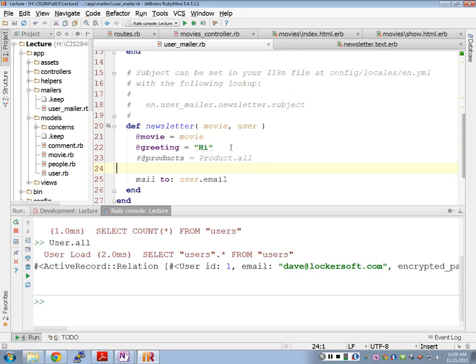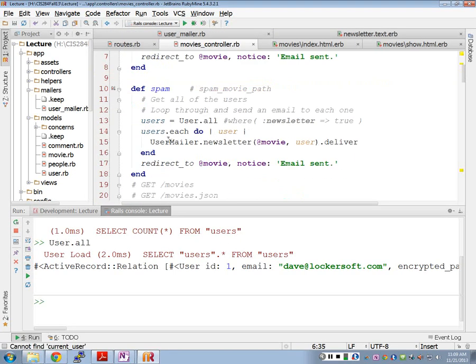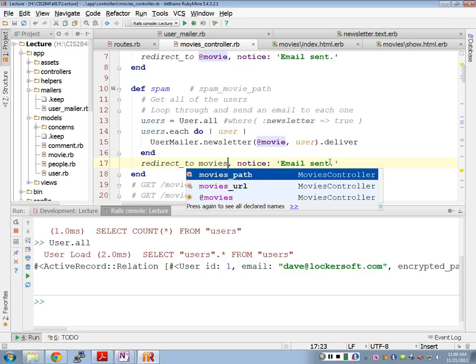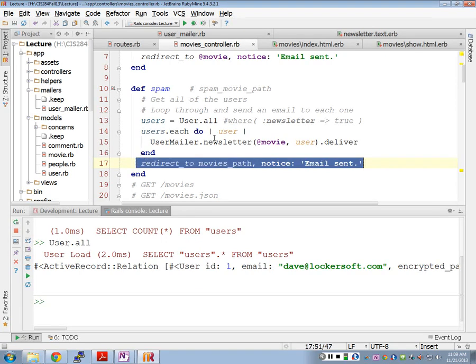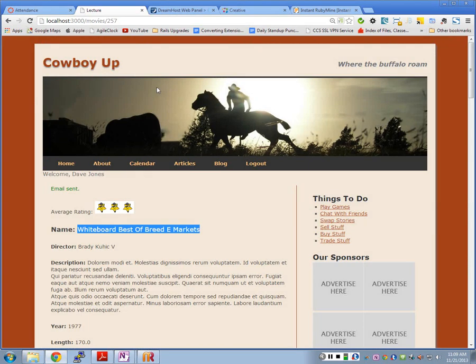All right. So let's see if this works. It's going to scroll through, and when it's finally done, I don't want to go back to a specific movie. Let's go to the movie's path. So we want to redirect to the movie's path, which is the index action of my movies controller, right? So I'm going to redirect back to that when all the letters have been sent. All right? So we go to our index page,